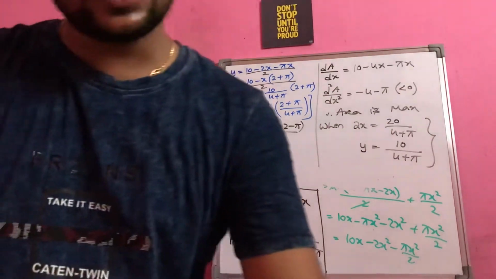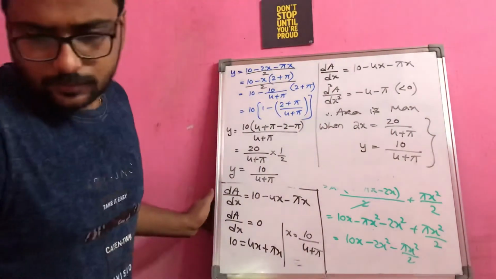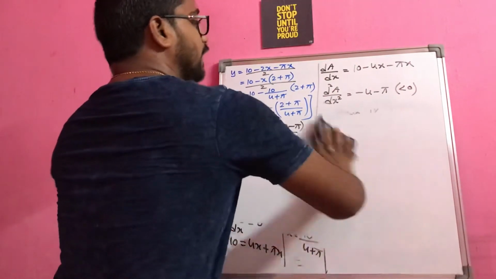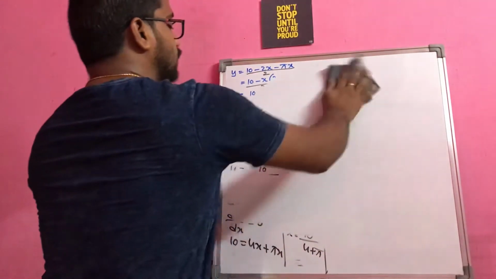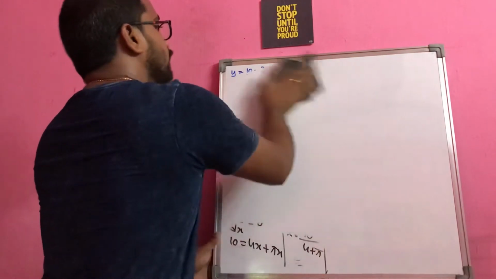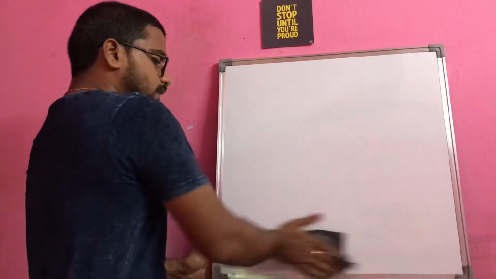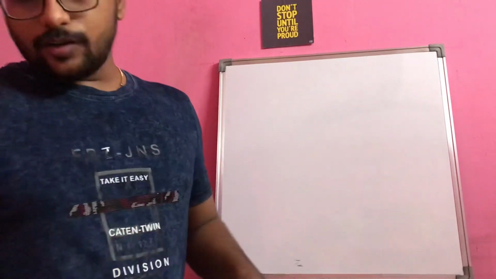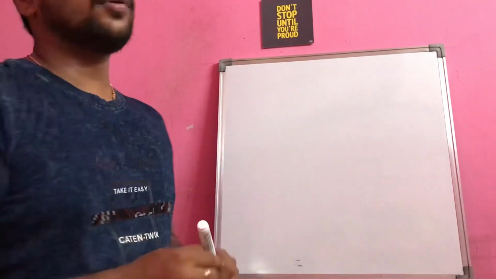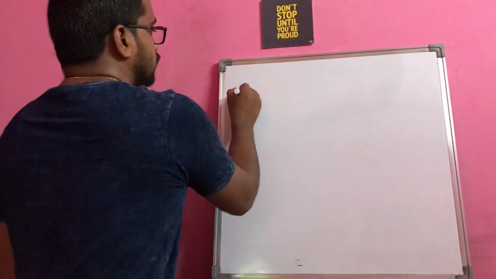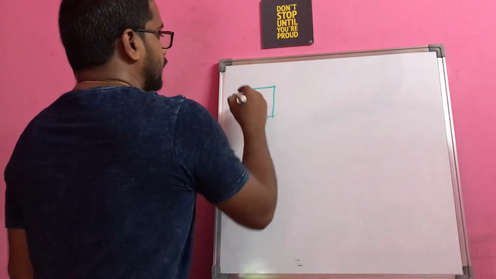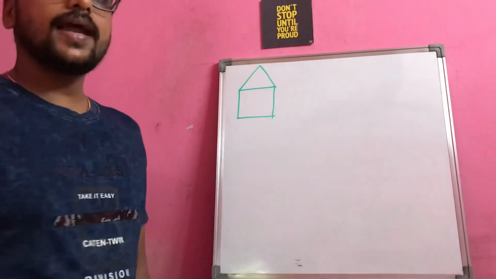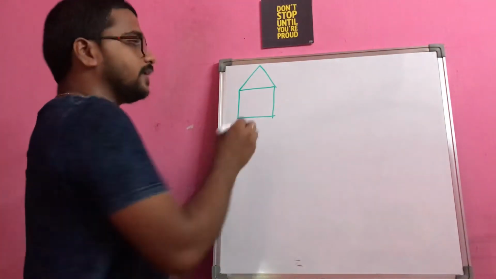It is almost the same question only. There will be a small change in the dimensions. What they had given here, instead of a semicircle placed on the rectangle, is now an equilateral triangle placed on a rectangle. A window has the shape of a rectangle surmounted by an equilateral triangle. So you have a base rectangle, and on the top of that you have an equilateral triangle. They specified it's an equilateral triangle.